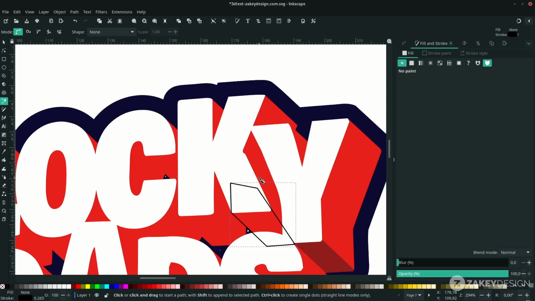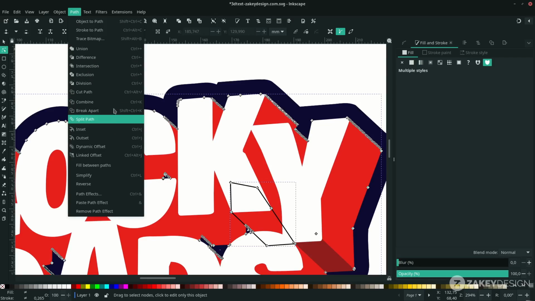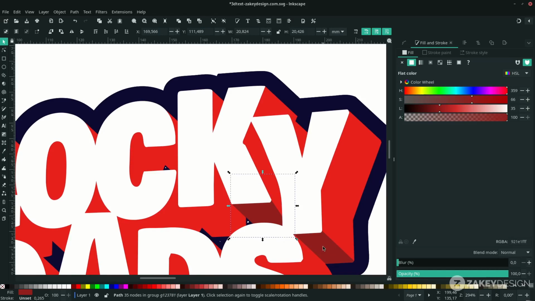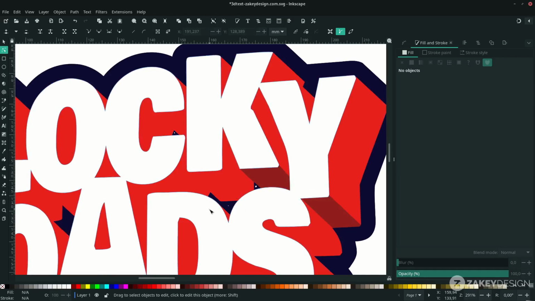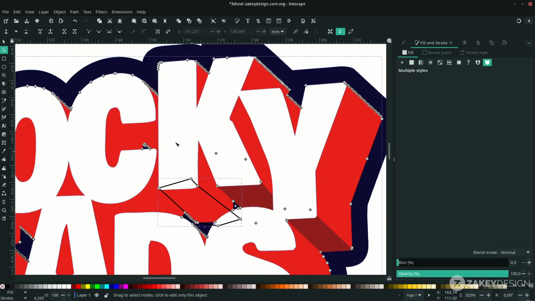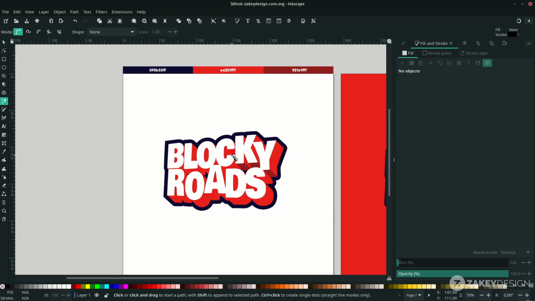And I'm going to press F2 because F1 is not working, and click this red color and go to path, choose division, change the color to this shade color, and for this part, continue for all the text.